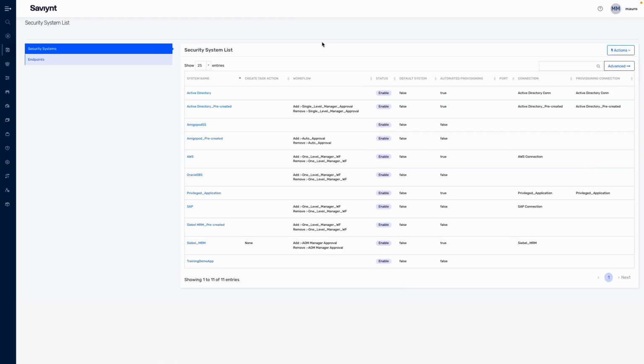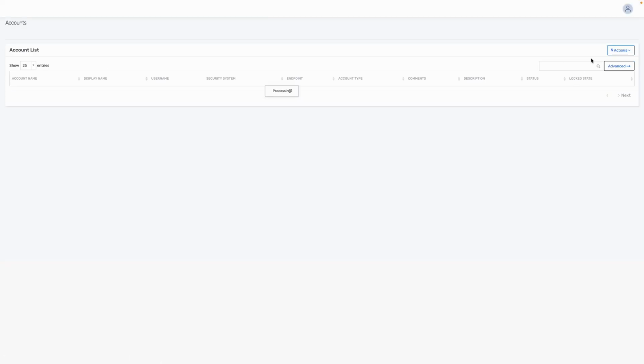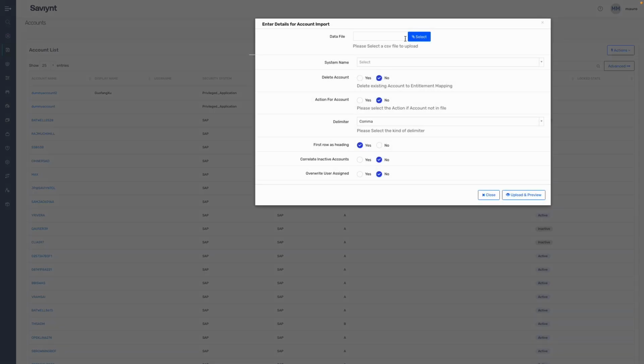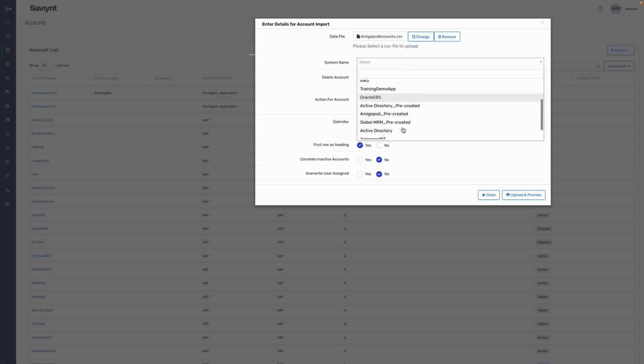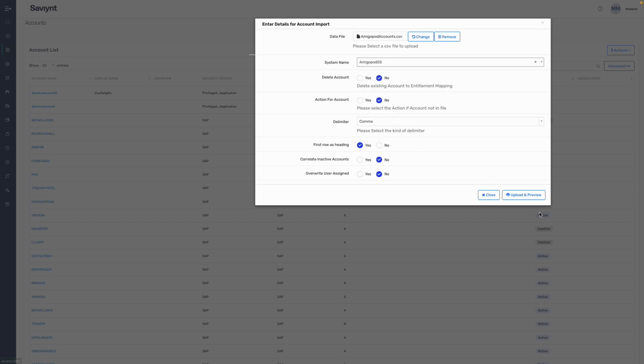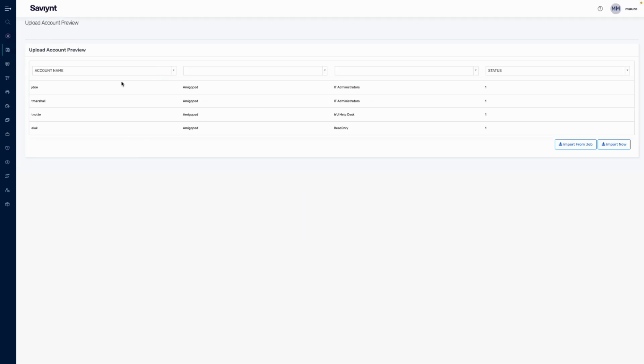So let's see in this case how we can upload an account. So we go here, we make the upload, and we select which is the connected system. We make the preview, and classically we can see that here we are reading directly from the CSV file, and I repeat, it could be any kind of system. We can make a mapping of the system. So here we take the endpoint, we take the type, etc., and we just import, so the user will